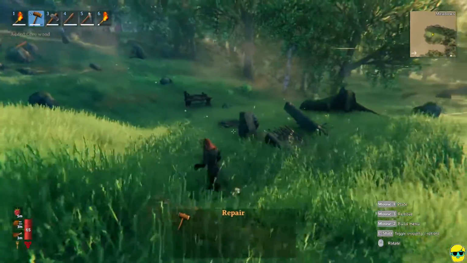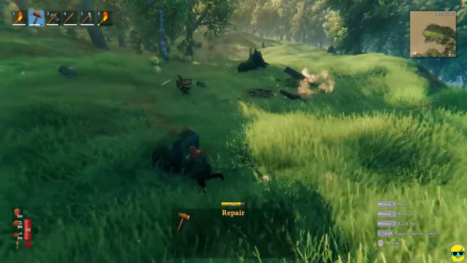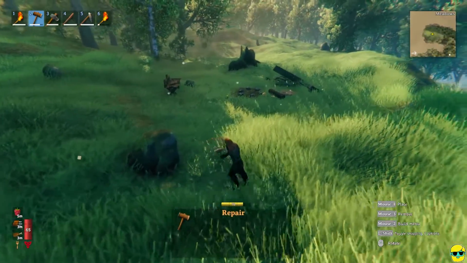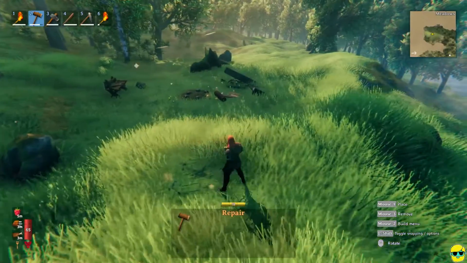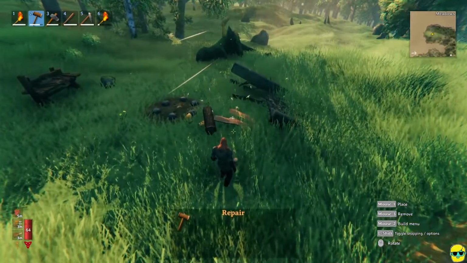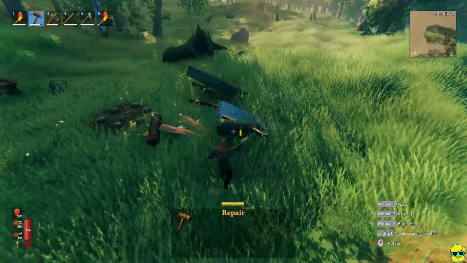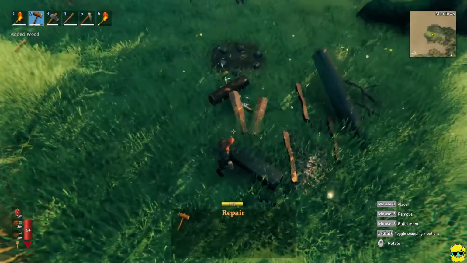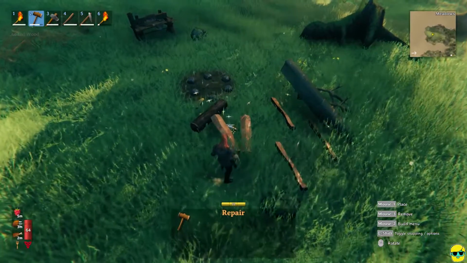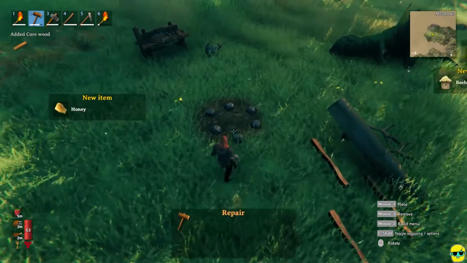Boy, it's really nestled to this post right there. There it goes. All right. And we got it. Okay, great. So if you can do that, you can break the beehive without having to fight and get stung by the bees. And what this means is, watch this, I'm going to walk over. You can see right there on the ground, there's a queen bee. So we pick it up, and we got a queen bee, which allows us to build a beehive, but we